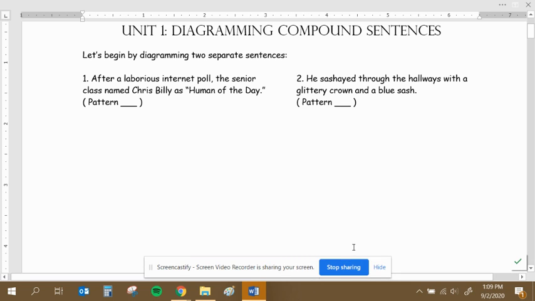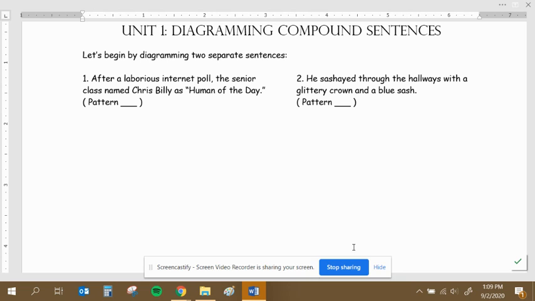Well, we're at the end of chapter 1, and the author has given us a couple exceptions to our rules of what we've learned about the different ways of diagramming our 10 patterns. So, the first exception, or something new that we're not used to yet, is how to diagram a compound sentence. We're going to take two simple sentences and join them together with a conjunction to create a compound sentence. In terms of diagramming that, so we can visually see what that looks like, we're going to